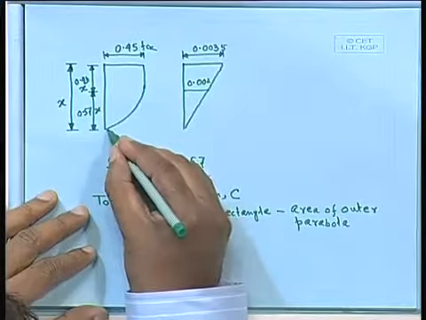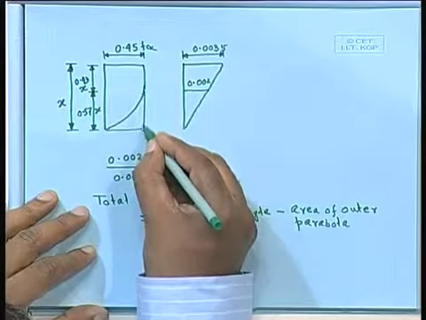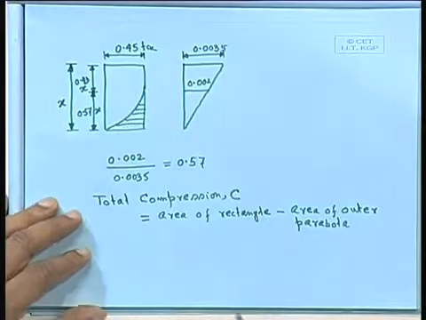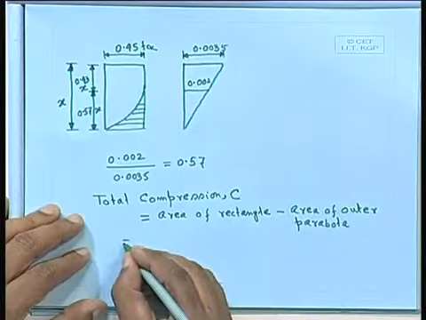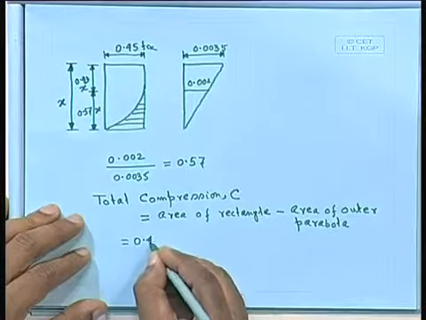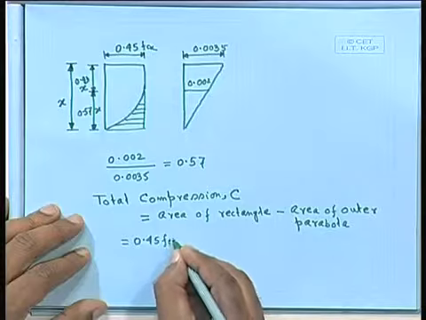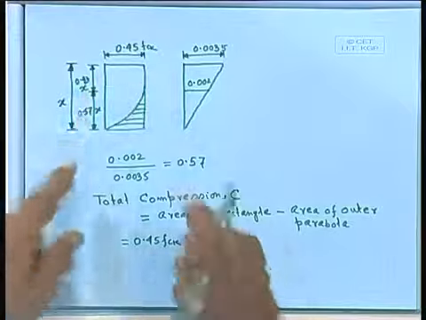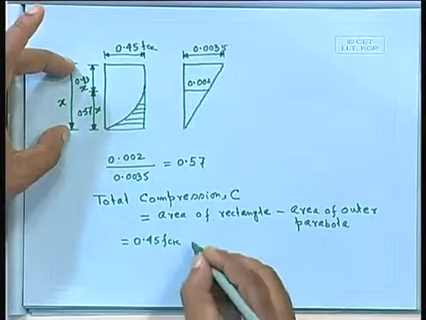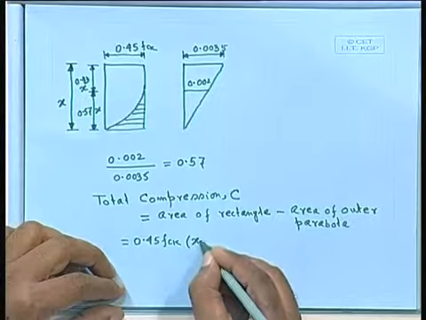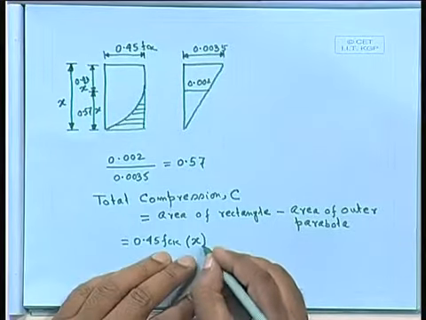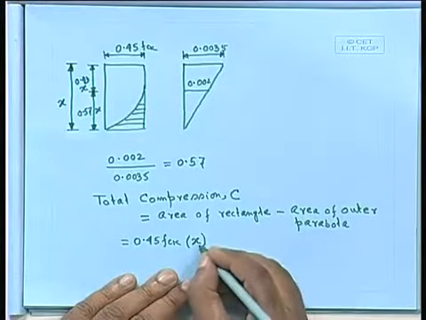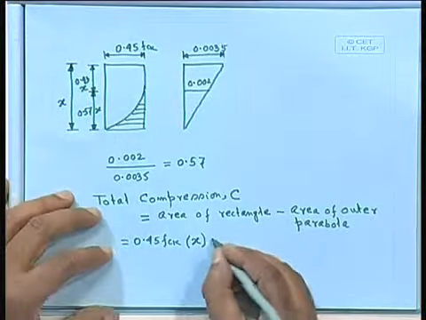Area of the outer parabola means this portion. Equal to 0.45 fck, this one multiplied by the neutral axis. To make it separate, let us give a parenthesis. It is not multiplication 1, x is the depth of the neutral axis, multiplied by b